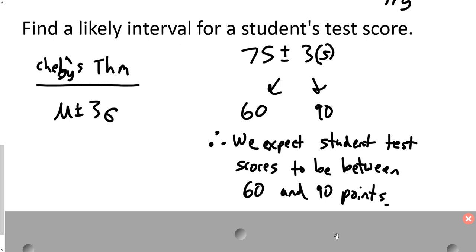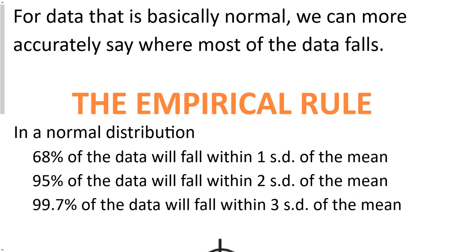At least 89% of them should be between 60 and 90 points. Anything outside of that would be considered unusual and would be an outlier. All right? Now, there is one other way to tell where things are, or if things are outliers or not,